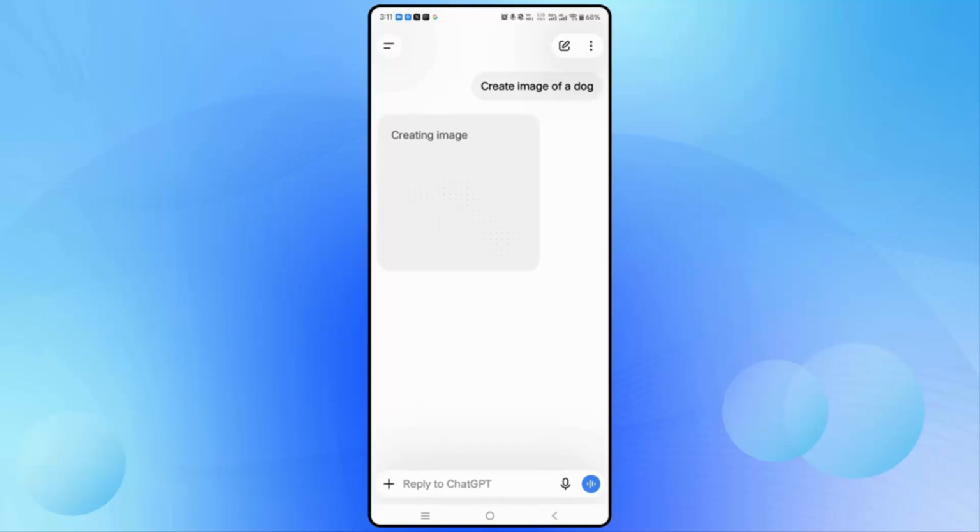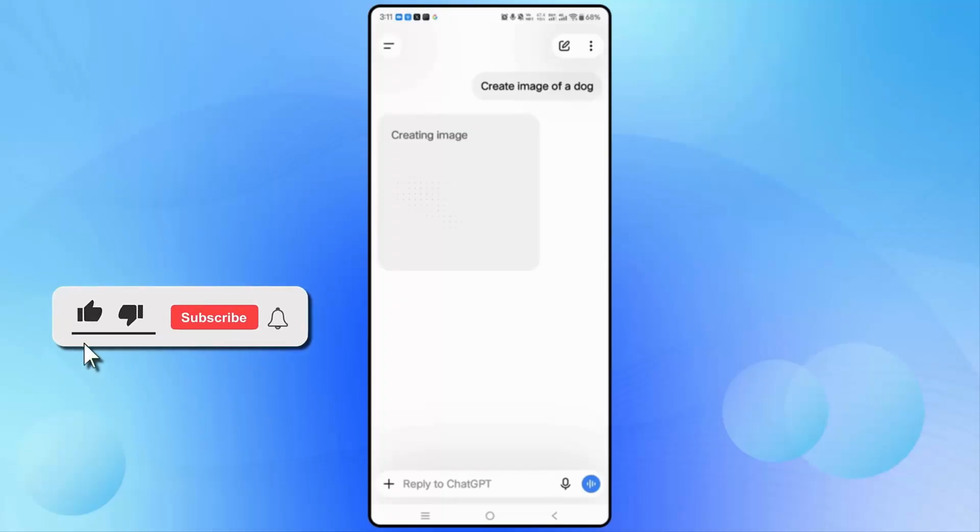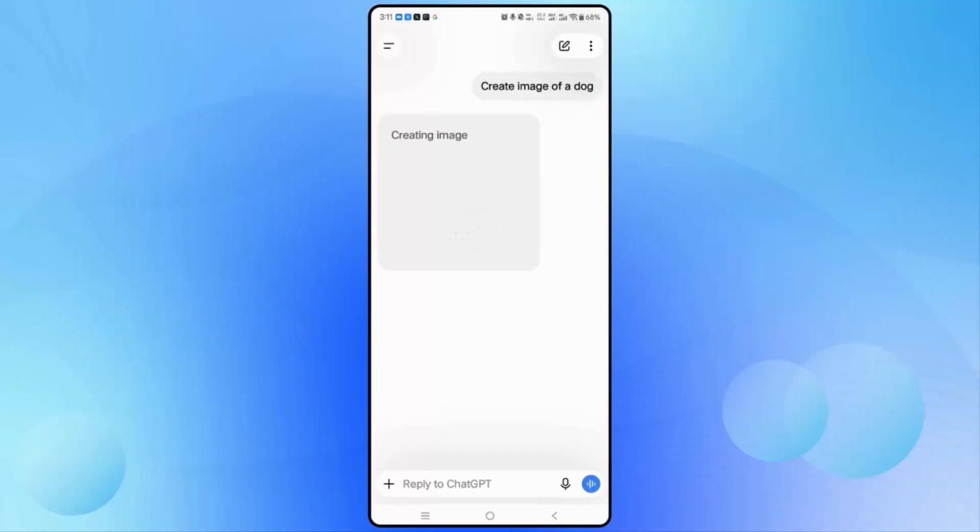In this video tutorial, I will show you how to fix the ChatGPT image not creating problem, or ChatGPT failing to create any image that you are suggesting. So if you are also in the same situation, don't worry, just follow the methods discussed in this video. As you can see in this image, it's still creating the image for a long time and it's unable